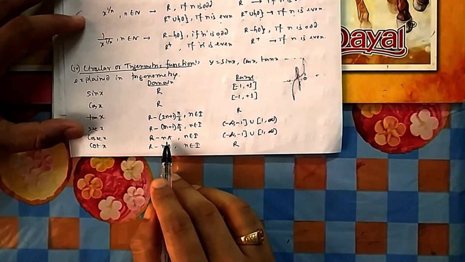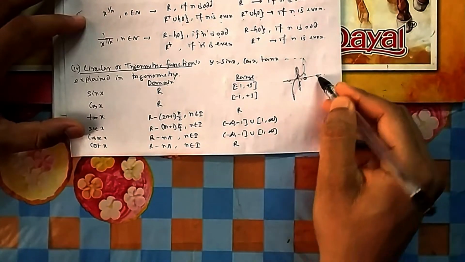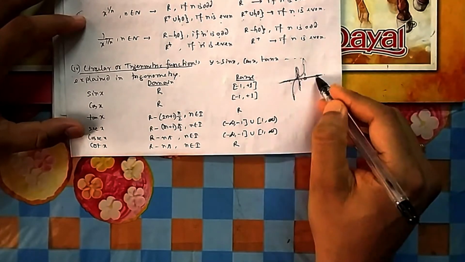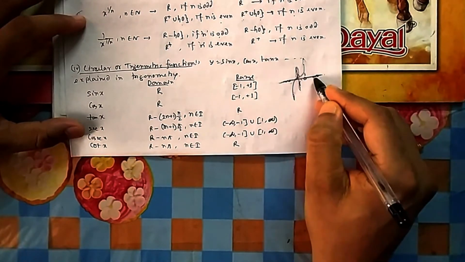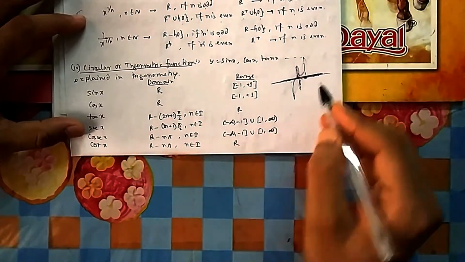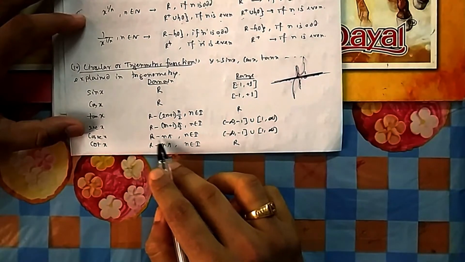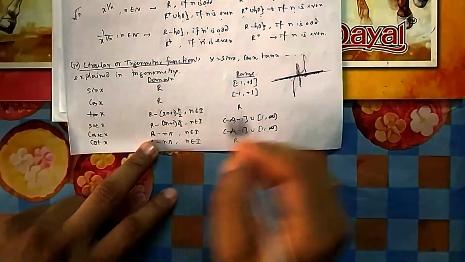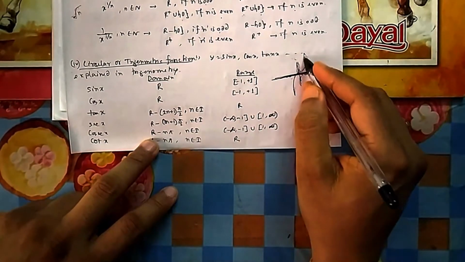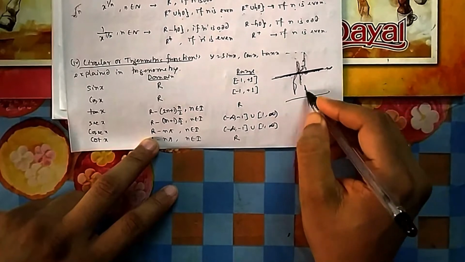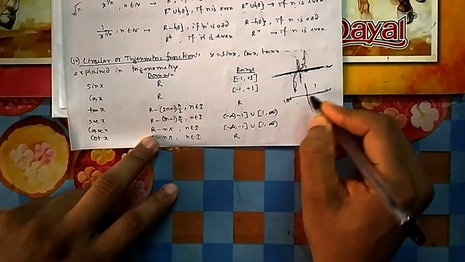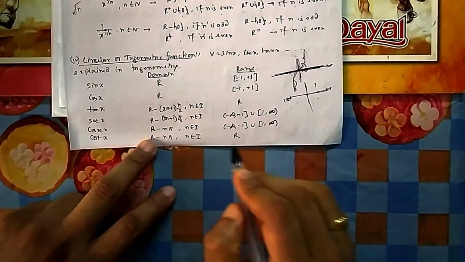Again cosec x, you cannot put the values on this horizontal line because sin 0 is 0. So all multiples of pi: 0 pi, 1 pi, 2 pi, 3 pi, 4 pi, 5 pi, 6 pi, all multiples of pi, the entire line, not just odd or even. So this entire line is taken out, because you cannot put these values. Not the x and y axis, this is about trigonometry I am talking. This is not the x axis, y axis, don't think that. This is the coordinate plane, first quadrant, second, third, fourth. So this is 0 degree, this is 180 degree. So all these values of x are not possible. So that's why take out this one.